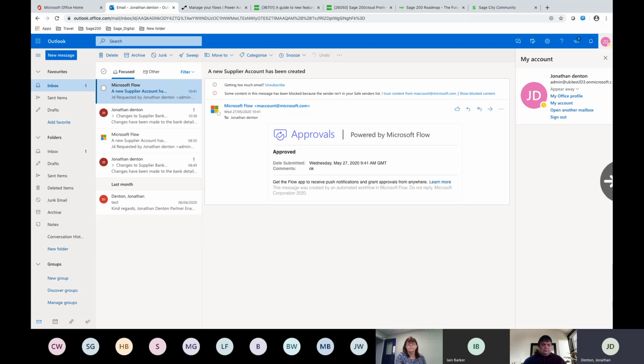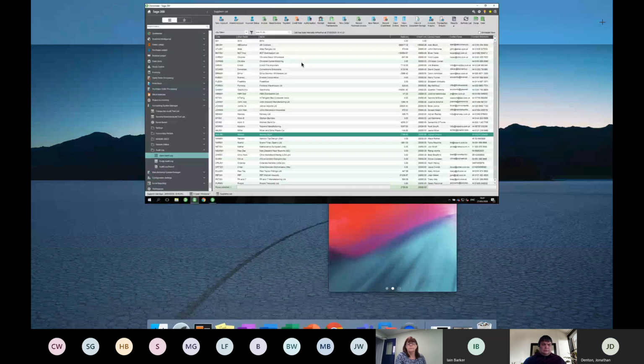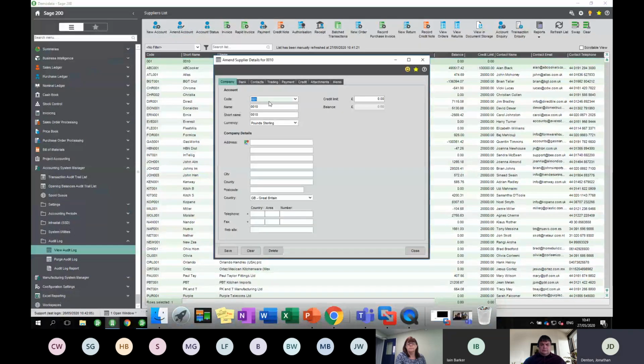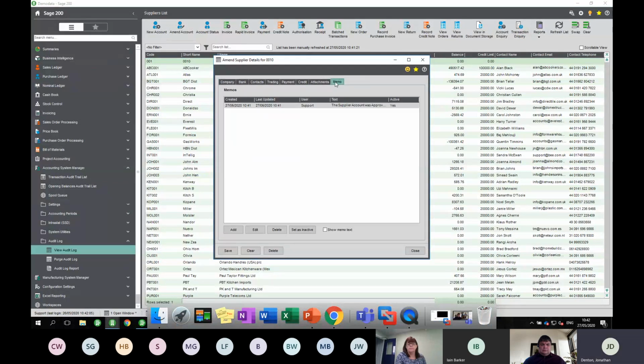And if we go back into our Sage 200 product, and we have a look at the account, you notice I can edit it now. So it's been taken off hold. And if you look at the memo tab, you'll see that it's actually been added to there. Again, it just gives a little bit of narrative of what's happened and the fact that it's been